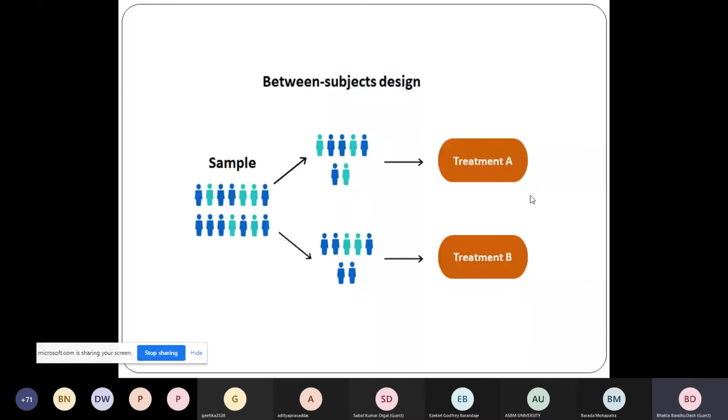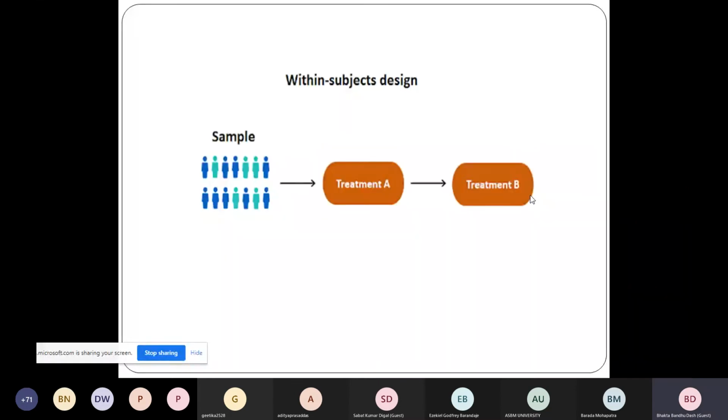Not only that, I also assess the difference between the ages. That means two things: the gender impact I am studying, this is the intervening context, and the impact of the training, the impact of the treatment, I am also assessing. Now, within subject, what are we doing? In the within subject design, the entire sample is exposed to treatment A and also exposed to treatment B and assessed. That means the effect of treatment A is independently assessed, the effect of treatment B is independently assessed, and the effect of both treatments is also assessed. That is basically your within subject.